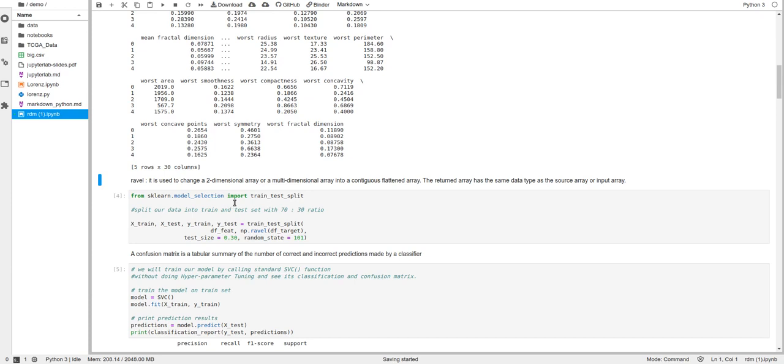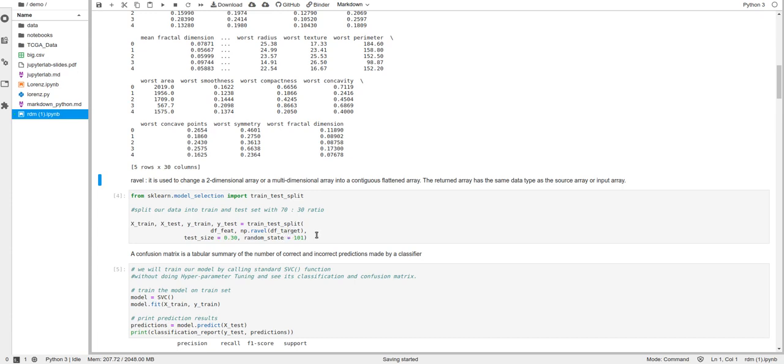Here we will split our data into a 70 to 30 ratio. We will make variables xtrain, xtest, ytrain, ytest, and use the train_test_split method in which we pass the parameter test_size, which is 0.30, that is a 30% ratio.